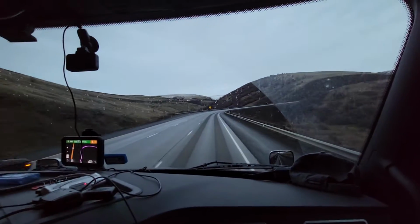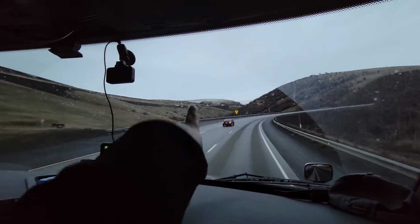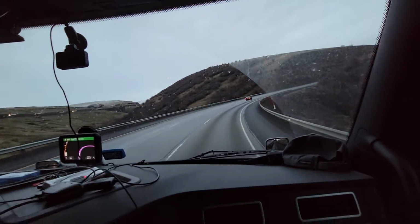As you can see, it is constant sharp curves. Up there you can see some trucks. We will be going around that way. This is a very much